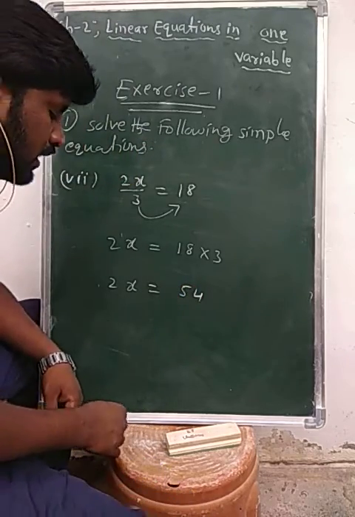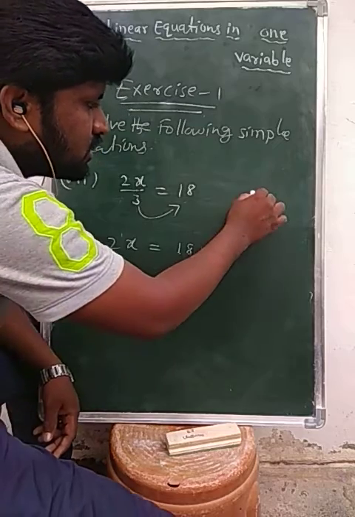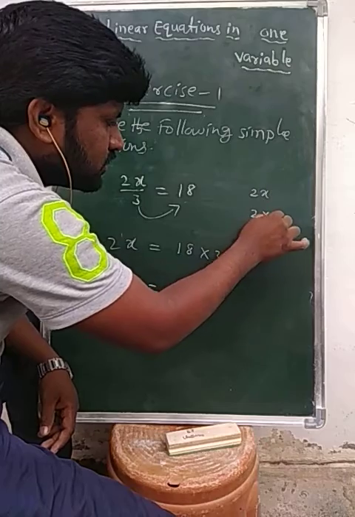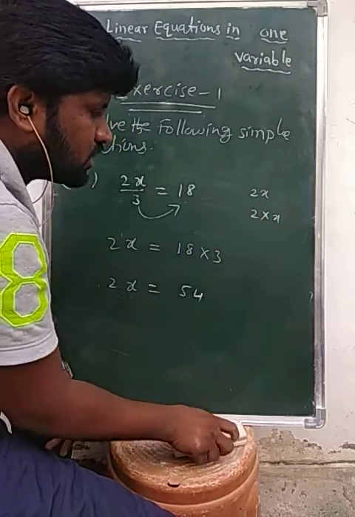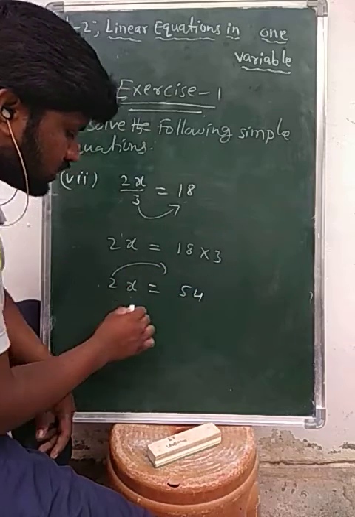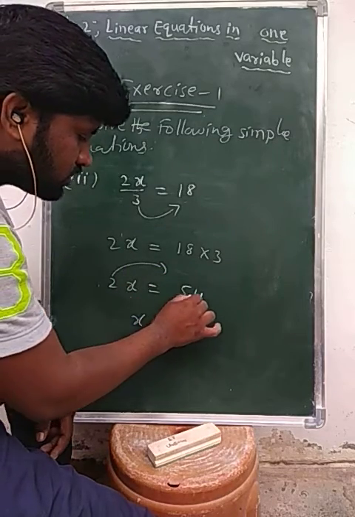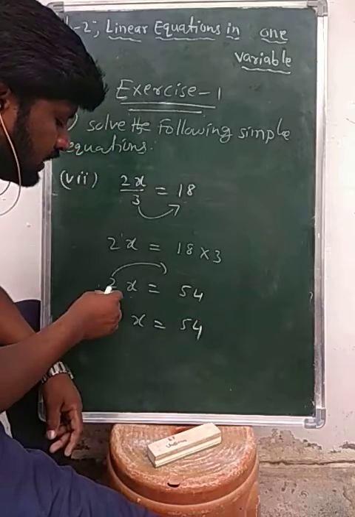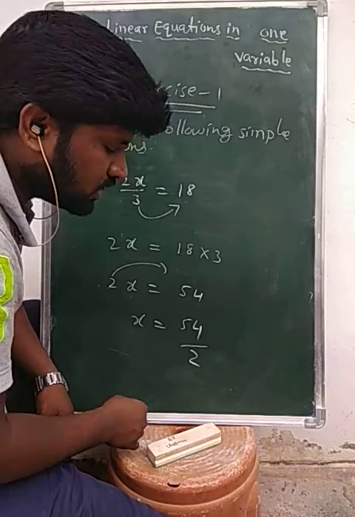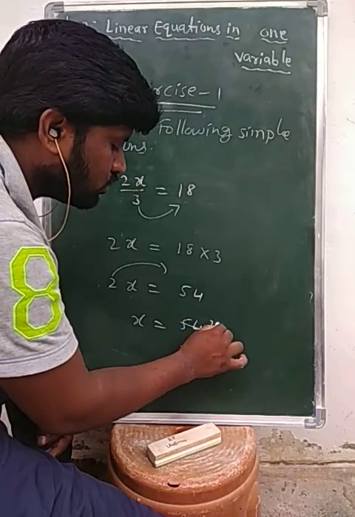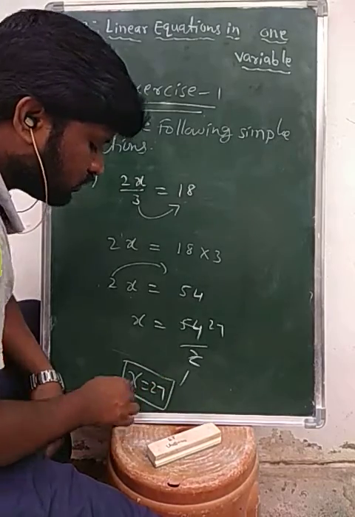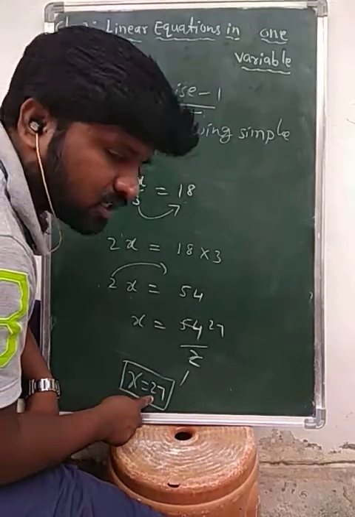Okay, now 2x, just now I said 2x means the product of 2 and x. 2 into x, you can understand it as. So transposing 2 to the RHS side, x equals 54 here. An into quantity transposed to the RHS side becomes a division quantity. 2 1s are 2, 27 2s are. We get x equals what? x equals 27.